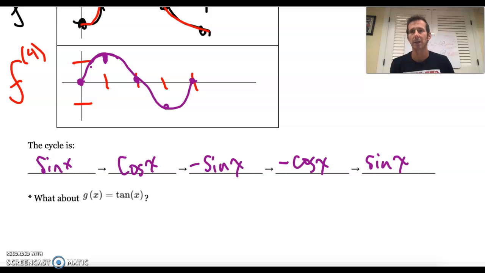I want you to think about tangent, what that would look like. And I would also love to show you sometime how this derivative of sine and cosine business, it can